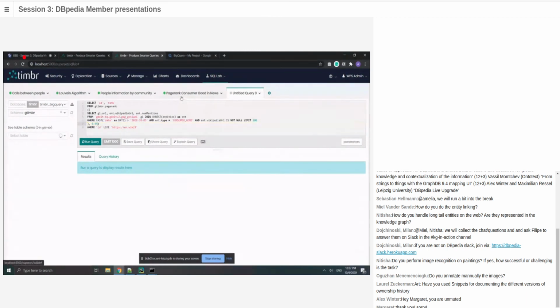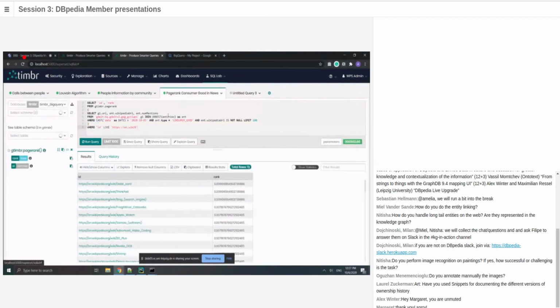Now in Timbr, we got the results back. So for each entity in the graph, we can see the rank. For example, I can filter by, let's say, iPhone, and we can see the rank of all the different mentions of iPhone in the news. Oh, sorry. So no, just to finalize,